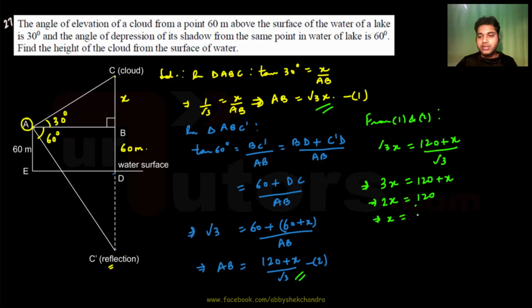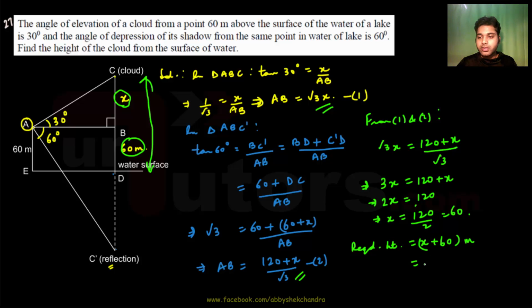Let's not skip any step. x equals 120 by 2, equal to 60. So the required height of the cloud will be equal to what? Is this. So that is x plus 60. So x plus 60 meters, that will be 60 plus 60 meters